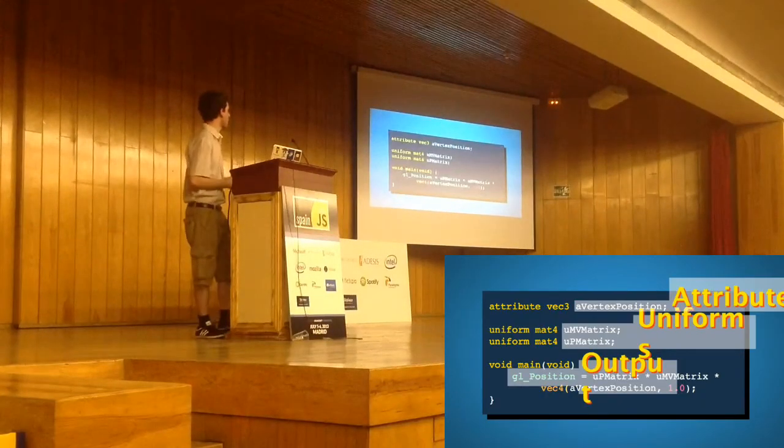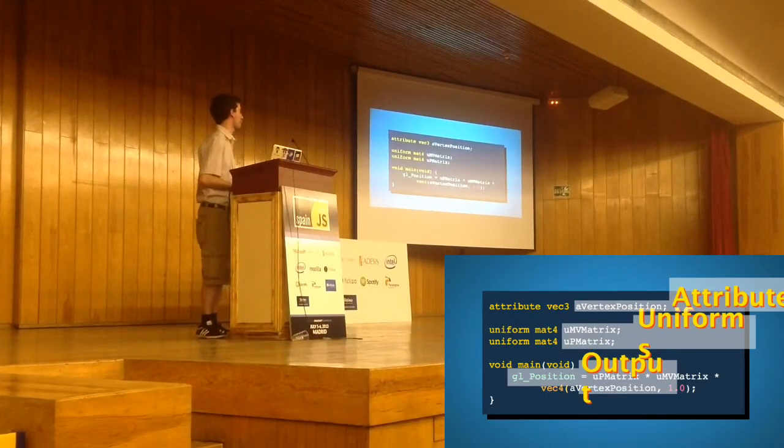This is what a very simple GLSL program looks like. Kind of like JavaScript, it has a main entry point, like a C program, which is called main, and this is the only thing that is going to run. It is the entry point for this program. And of course, like all programs, it has inputs and outputs. The main output is the gl_Position variable, and the result of that variable is the actual value